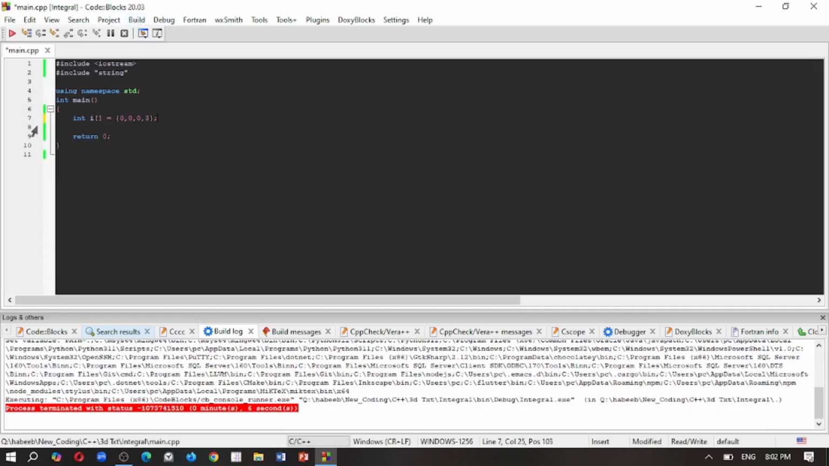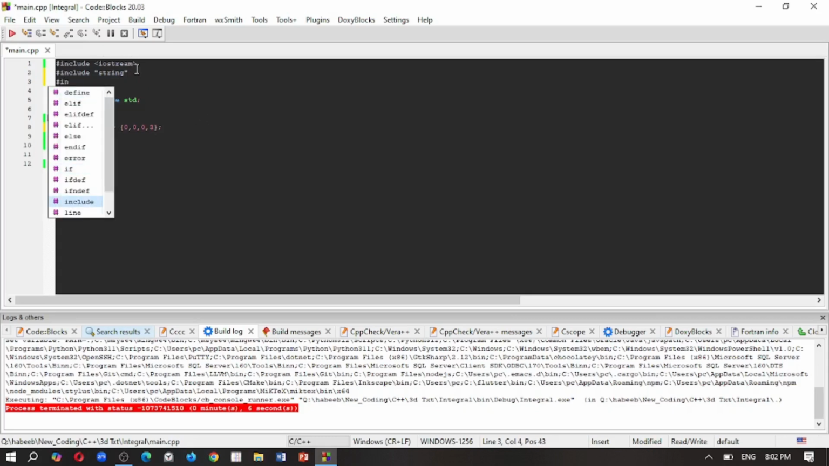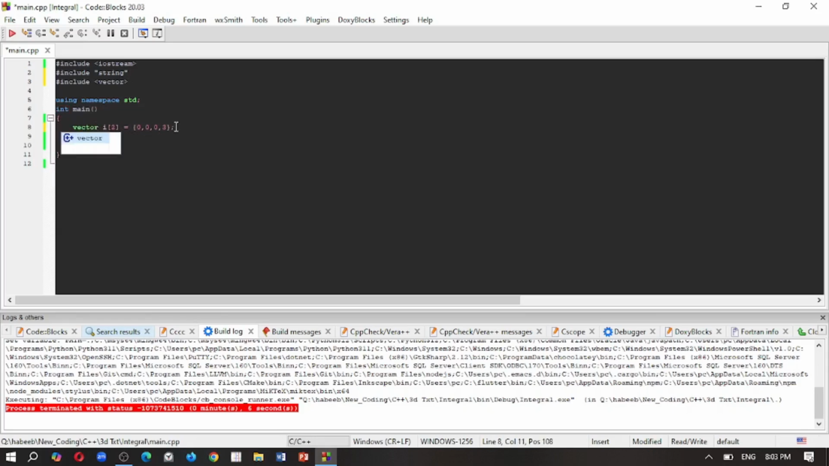Now, normally, let's say I put a number in the brackets. If I put a number in the brackets, I cannot change how big the array is. Or at least that's how it used to be. C++ compared to C has vectors. I have to include them. Vectors are just arrays, but you can